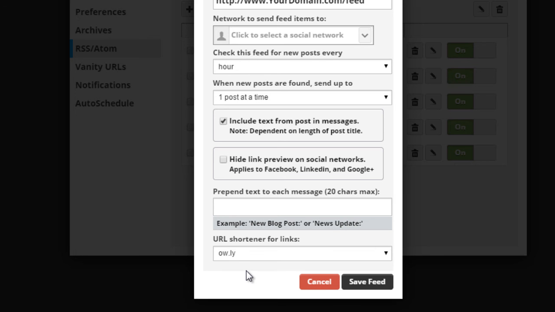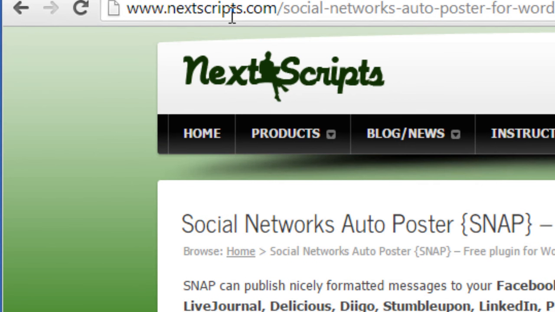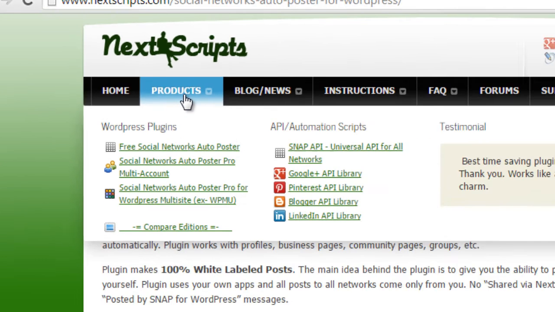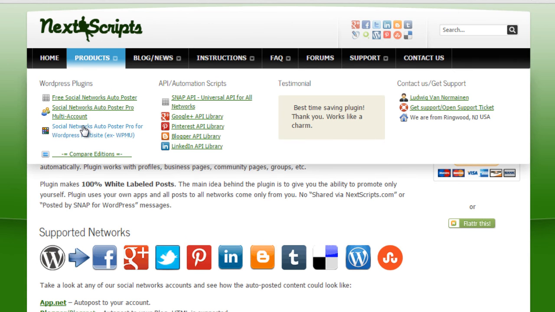So basically, every time you post from here on out to your WordPress site, it will submit the message in the post to Twitter, Facebook, or whatever social network that you set up, Google Plus, and more. Now, keep in mind that Hootsuite does not post to certain social networks. So the second way of doing it would be going to a website called nextscripts.com. And under nextscripts.com, if you go to products and then you go to the multi-account for the auto poster,